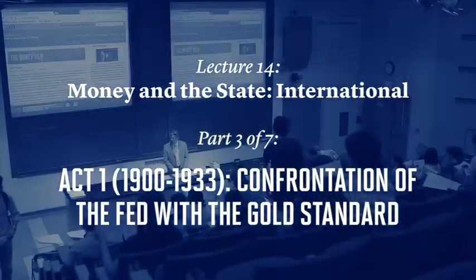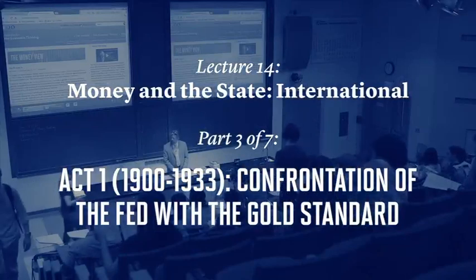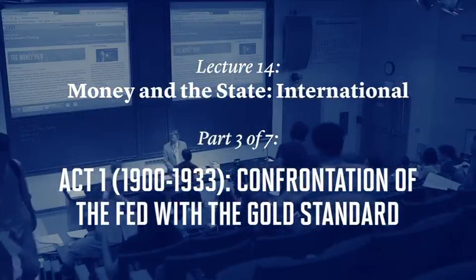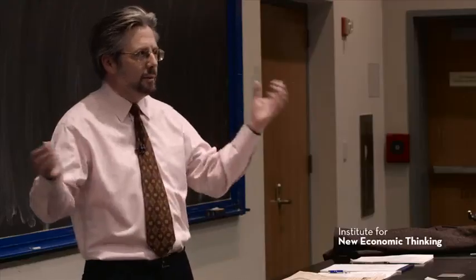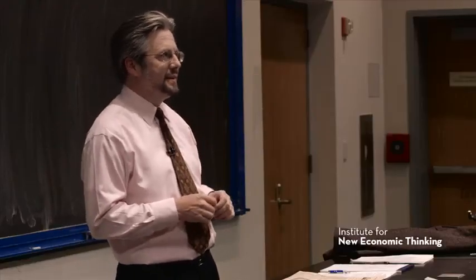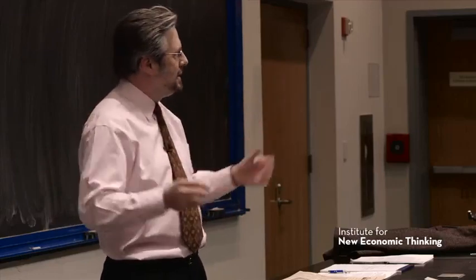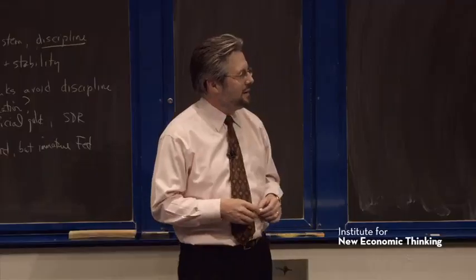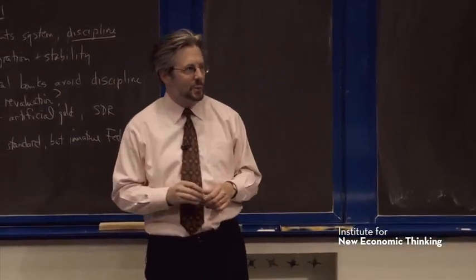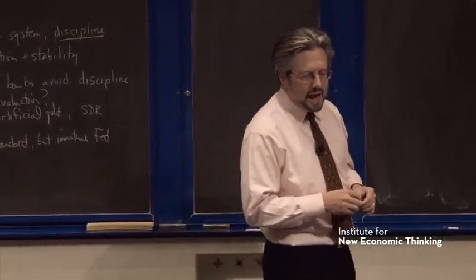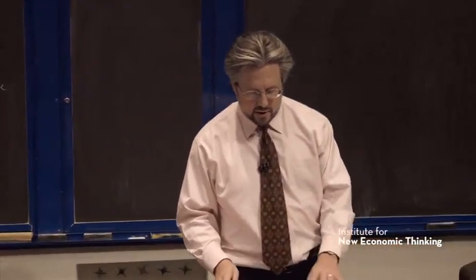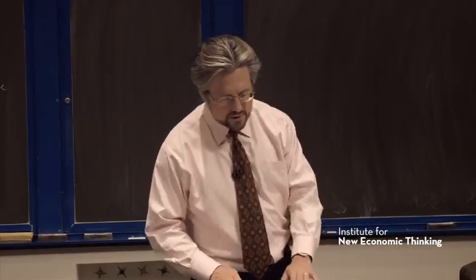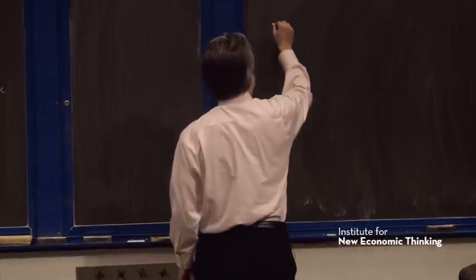He divides the 20th century into three periods. So I'll divide it like I did when I was talking about Alan Young, into three acts. Each of these periods is an act in a drama that is maybe a tragedy. We'll see. Act one is, he has, going from 1900 to 1933.